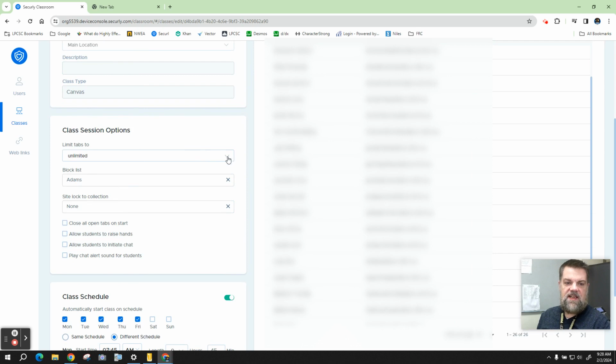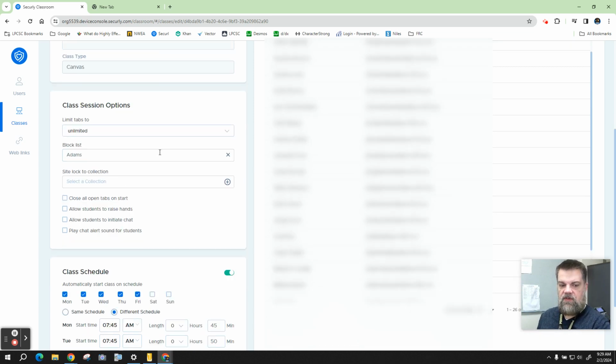I can limit the number of tabs a kid can have open. So if I have a test, I might limit the tabs to 1, and that's done here. I can actually site lock to a collection, though I don't have a collection set up. If I wanted to do a test and let the kids use the Desmos graphing calculator, I could put that in there. I have a block list. We'll talk about that in a second. But if you scroll down,